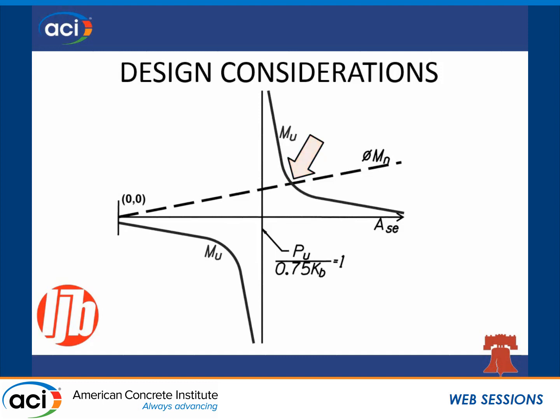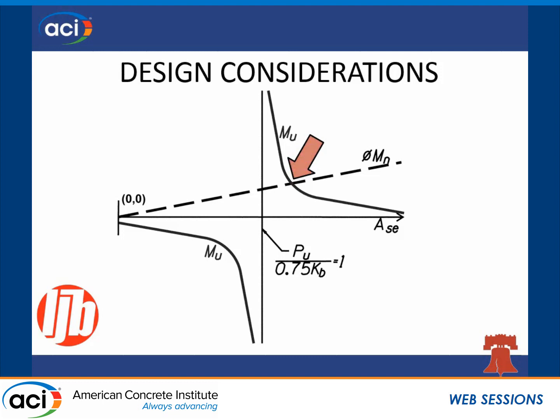So your efficient selection of reinforcement is really that point there where your FINITE intersects your MU diagram. And I'm going to pause here and just say that this is a theoretical diagram. Obviously, you cannot reinforce a panel with sufficient area of steel that you're ever going to get no moment on the panel. That's not the case. But this is a theoretical exercise to demonstrate to you that there is a point where